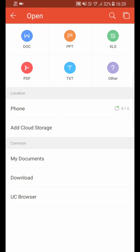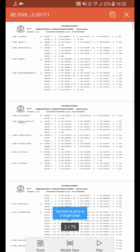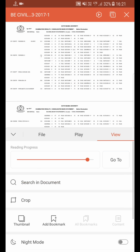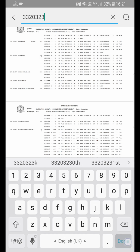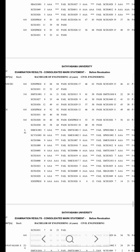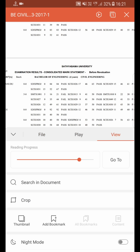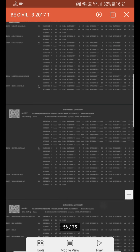Let's see what it can do with PDF. It can actually handle large files easily. You can jump to pages or even search text. There are various zooming levels, and there is a special night mode which will replace all the whites with black